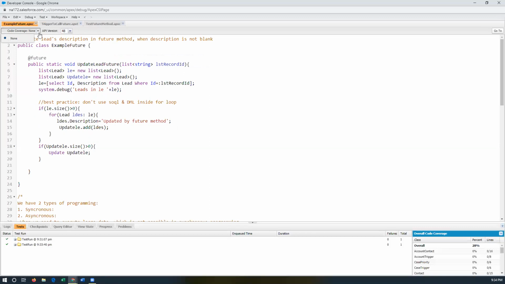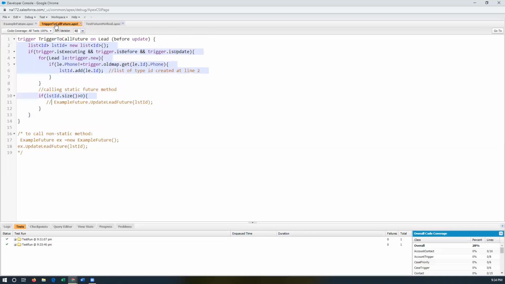Because while writing the test class for a trigger, the trigger will automatically start and perform the operation of the test class inside it, and you are calling the trigger handler class inside the trigger. That's why this particular class was also getting the coverage. But now what you need to do,